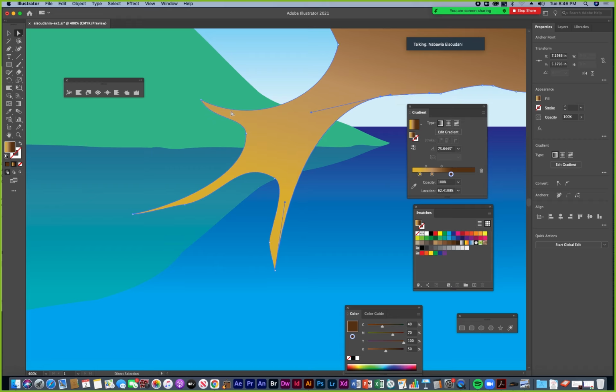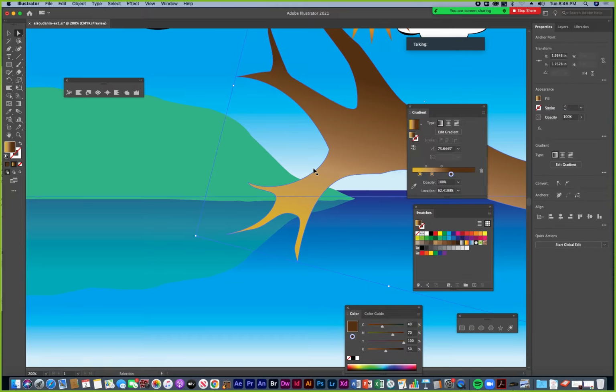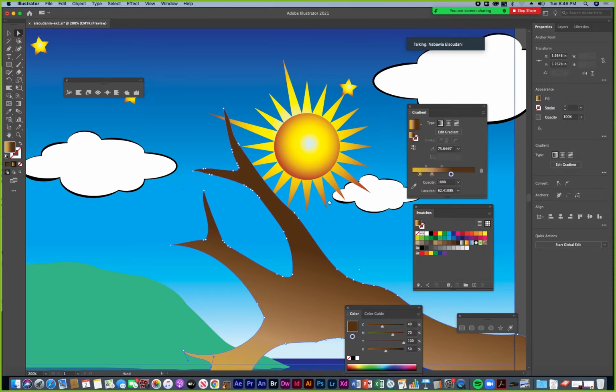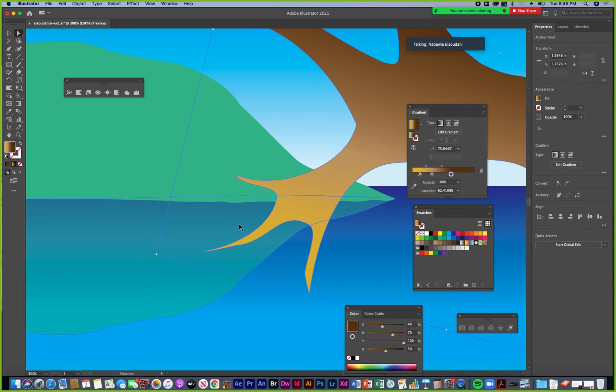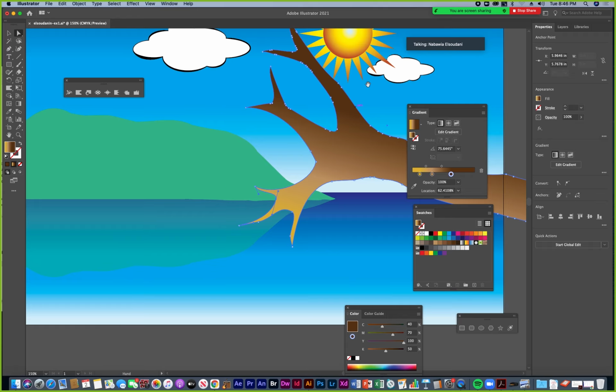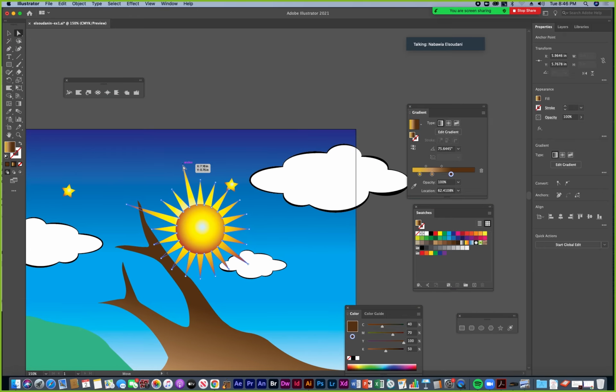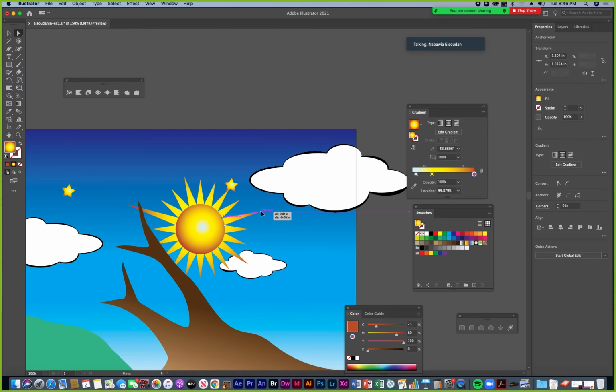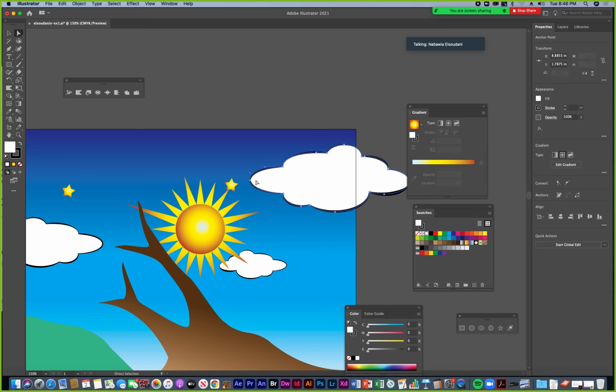Clicking on the points. Notice when you have curves, you'll have these little guys that are called handles that are there to adjust the shape of the curves. So on anything that's round, any point that's holding a rounded shape, you're going to see handles that you can use to make those adjustments. On just straight lines and corners like the sun rays, you're not going to see any handles on the points. But on like the cloud,